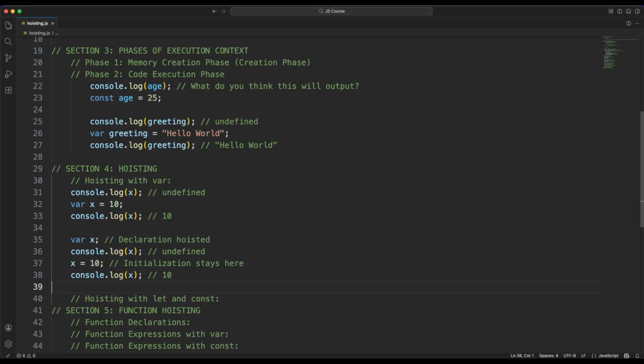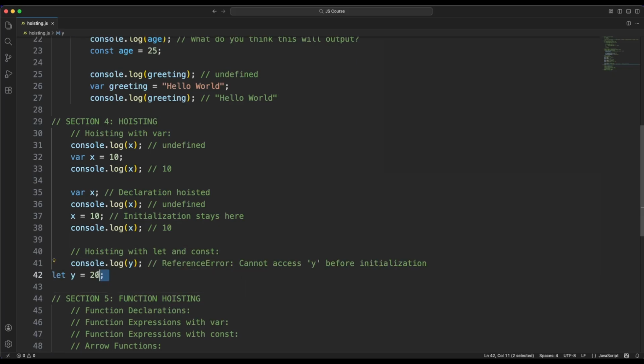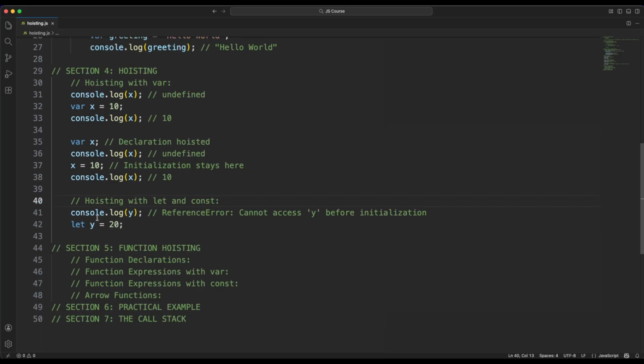But what happens if we use hoisting with let and const? Suppose this. Now it gives you a reference error because you are using let, which is block scoped, and it says cannot access it before initialization. Okay,